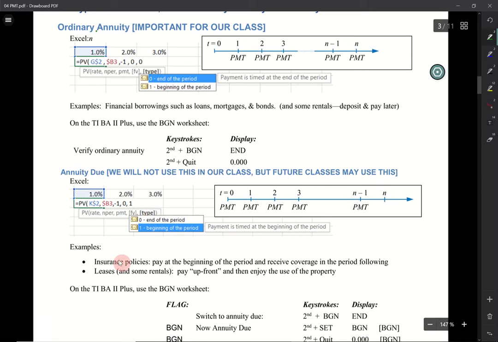So if you're dealing with an insurance policy or some kind of a lease or rental, and you use the PV function, it's a similar idea, right? Except that you now must enter the value 1 at the very end. Okay, and similarly